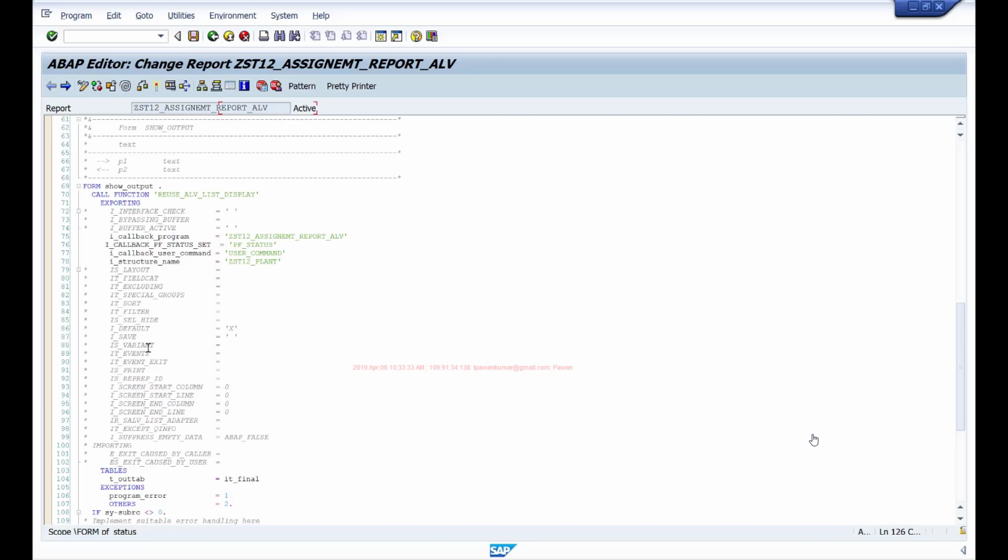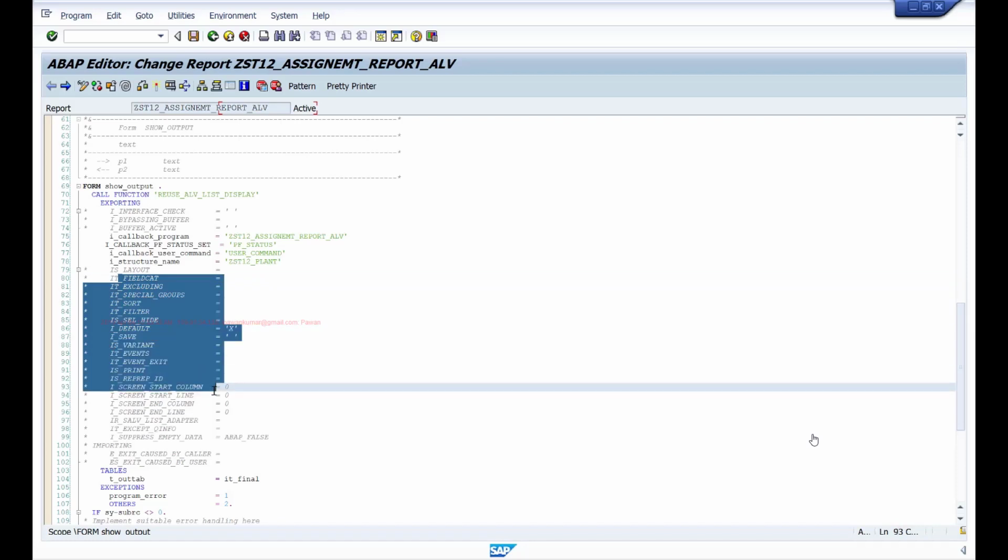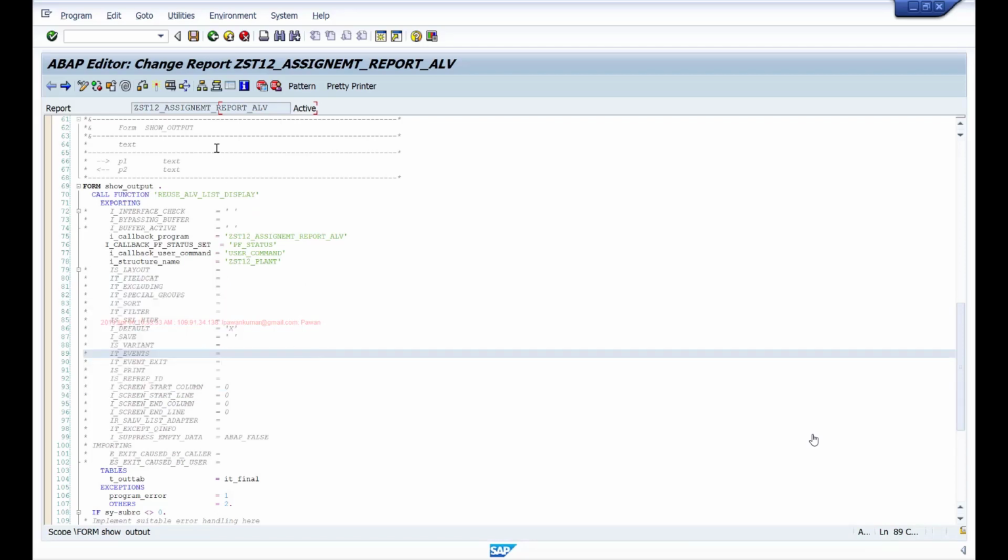In fact, this ALV is very well documented. So even if you search in Google for any specific requirements about ALV, then you should get plenty of help showing you how to handle that specific scenario. Okay, but it's very straightforward. You just need to understand different parameters and what is their purpose. And once you read the documentation for this ALV function module, it will explain you all that. Okay, so that's about your ALV reports using function modules.